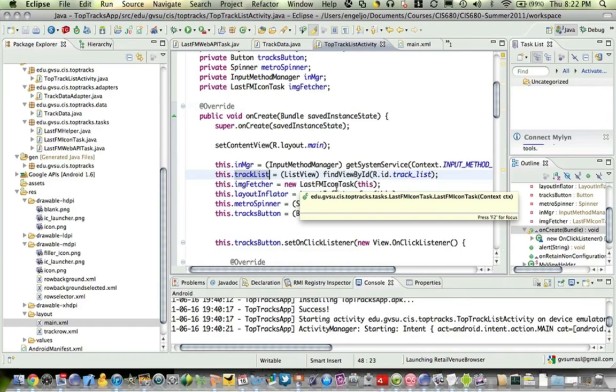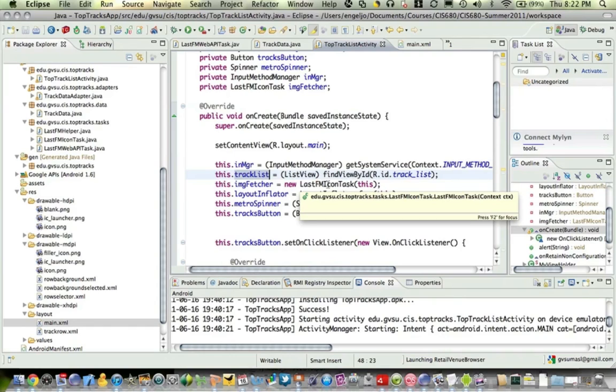And so once again, it's a network access, and I don't want to do that in the UI thread. And so when my list adapter gets called and says, hey, I need item X, if item X has a URL on it and I have not yet downloaded that image, I need to get that image fetch going. And so what we do is we've got this LastFM icon task in the background, and we can feed this guy URLs, and then it's going to quietly go off and fetch them, and it's going to create a cache,